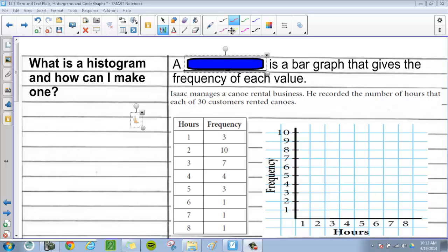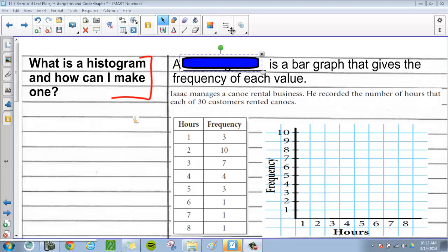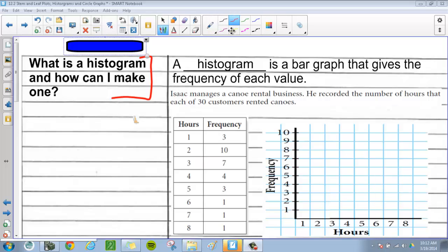Okay, now let's talk about histograms and what a histogram is and how you can actually make a histogram. Well, you've made things very similar to histograms. A histogram is just like a bar graph that gives a frequency of each value. Now the reason we call it a histogram and not a bar graph is usually bar graphs